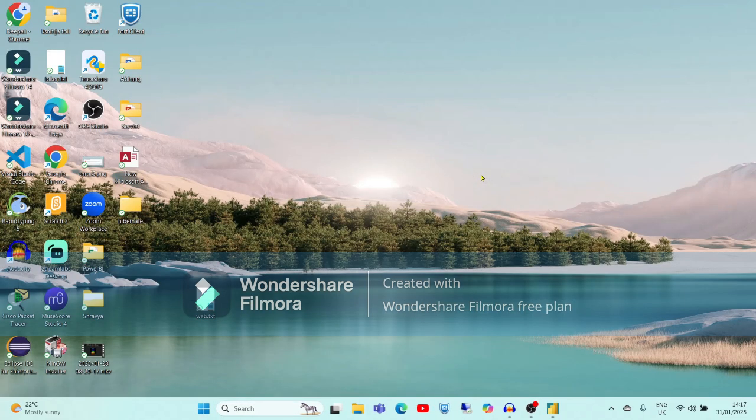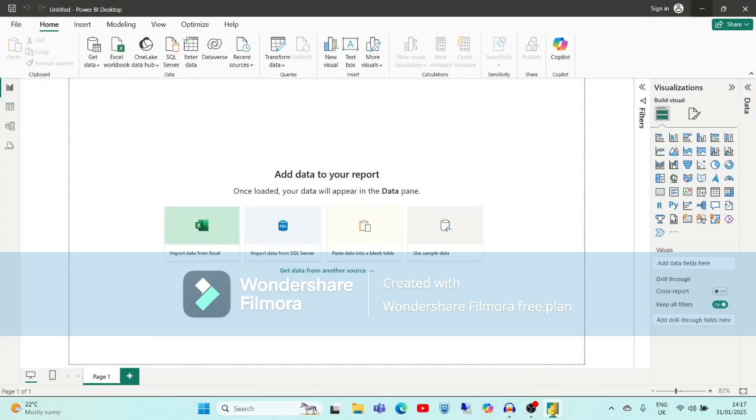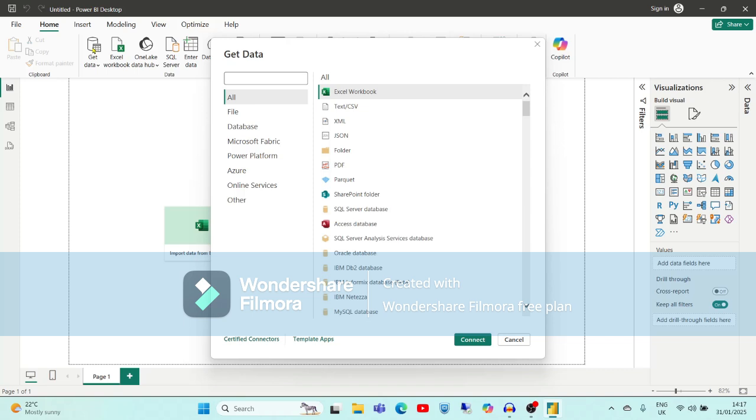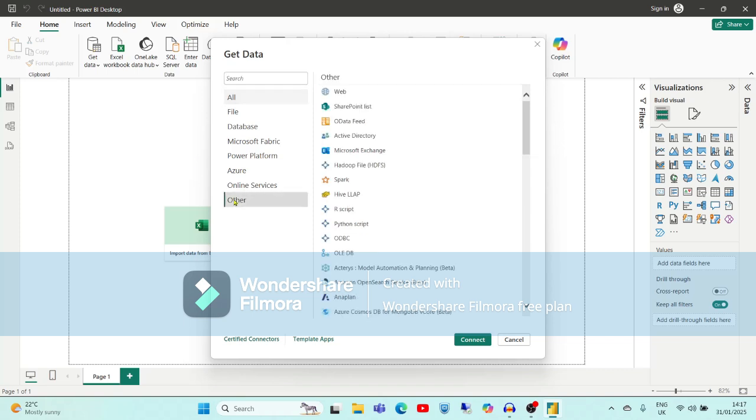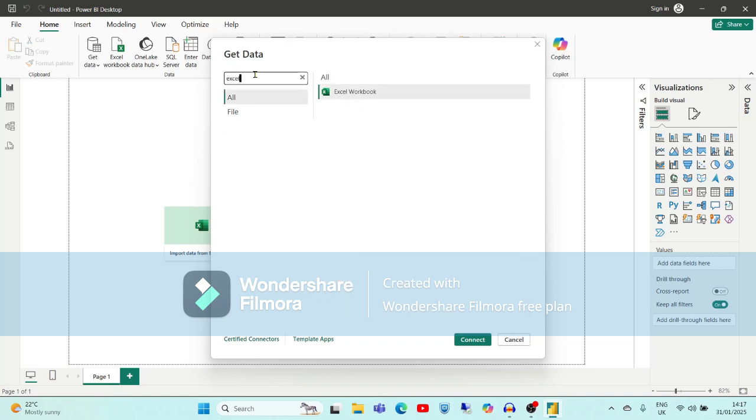Just remember where you have kept this data sheet, because we are going to import it into Power BI. Within Power BI, just click on Get Data, then from here, Other, and in the search box just type Excel. Here it is showing Excel workbook, which you want to import.